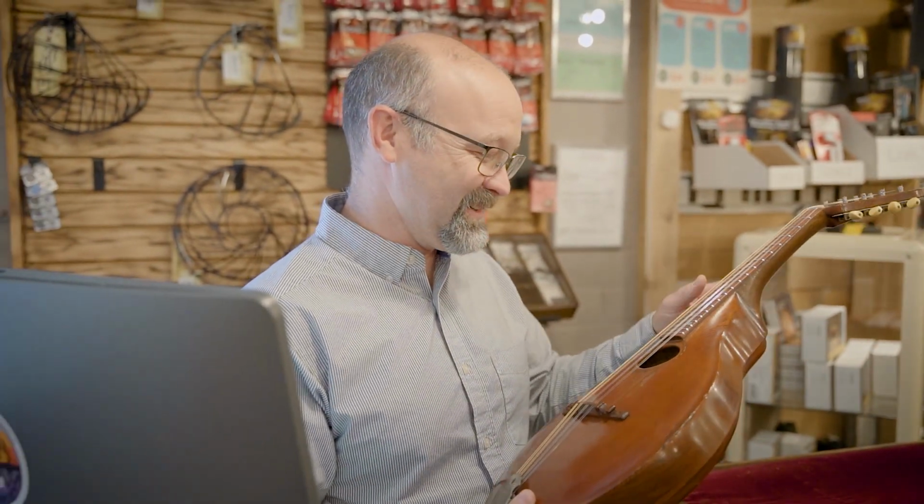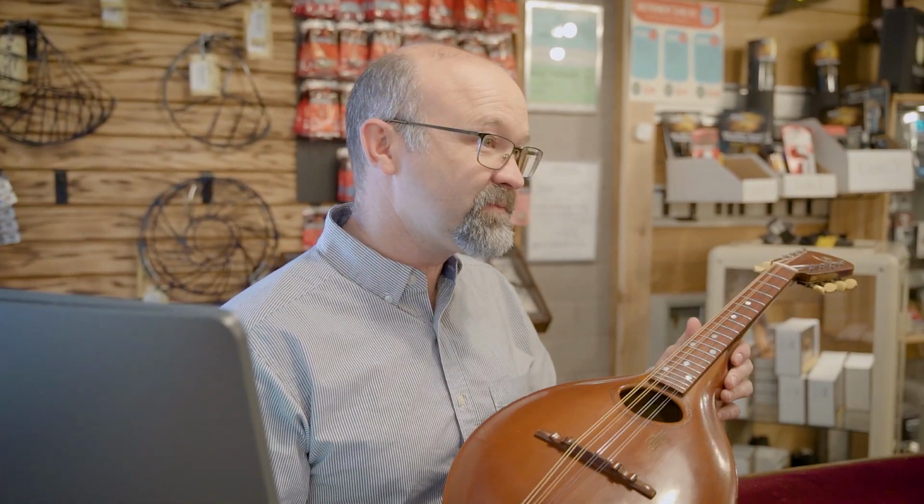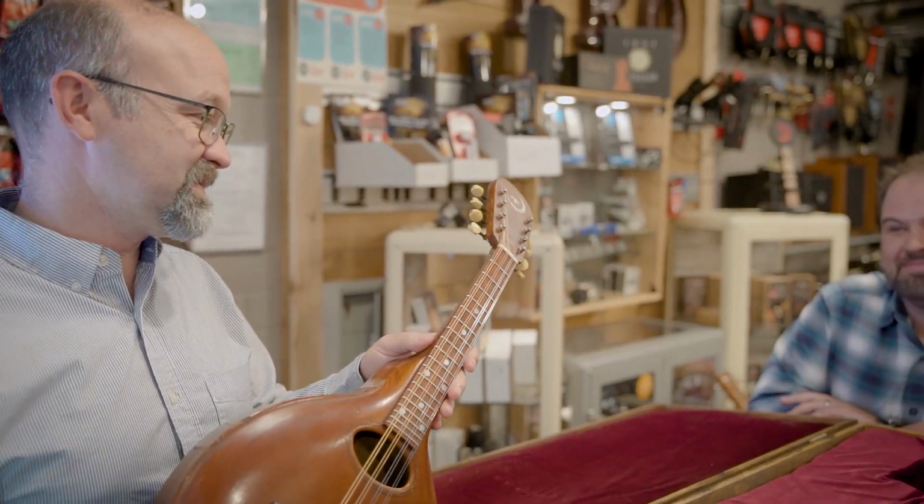So that's why it came. But the pictures show that he played right-handed. Built left-handed, I'm sure, but quite the innovative mandolin. Of course, Orville